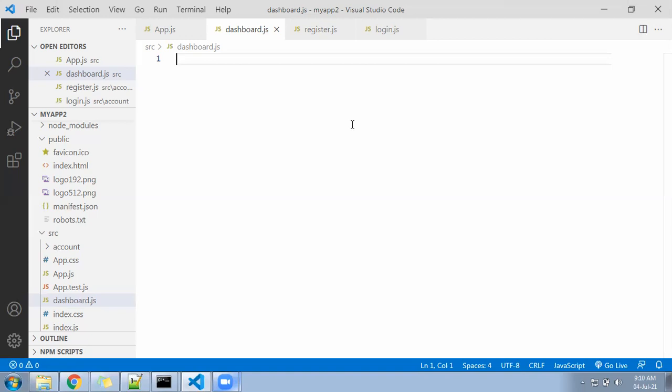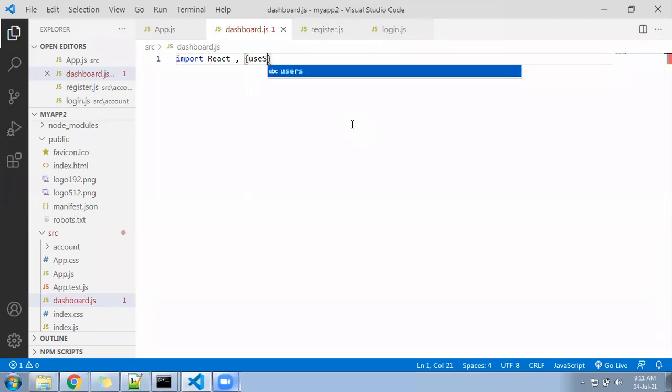Sir, functional component. Okay, let's go ahead and write import React, useState, useEffect from React.